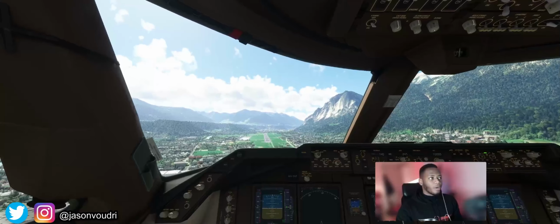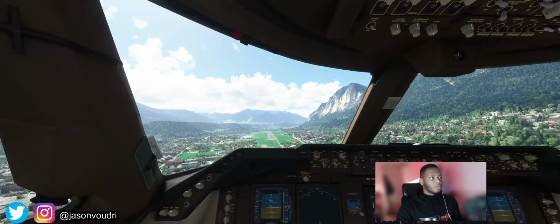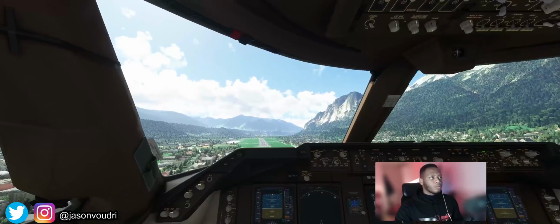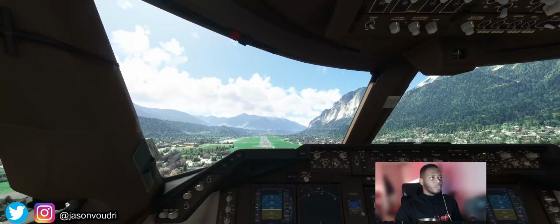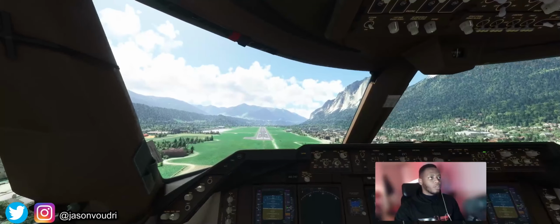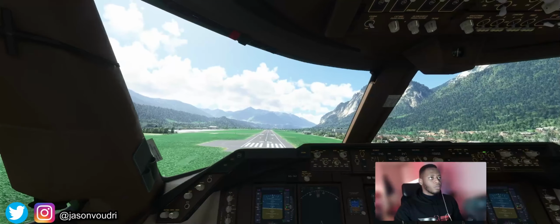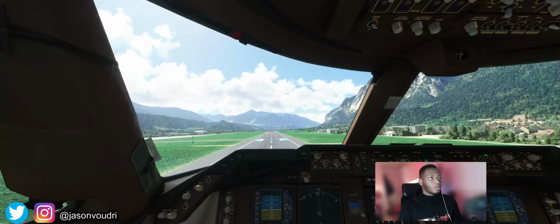Gonna start putting back some power. I'm gonna put 55%. Okay. And I'm gonna start reducing now to 50. 2.5 degree pitch. Okay, perfect. Perfect. Good. Reduce the power and